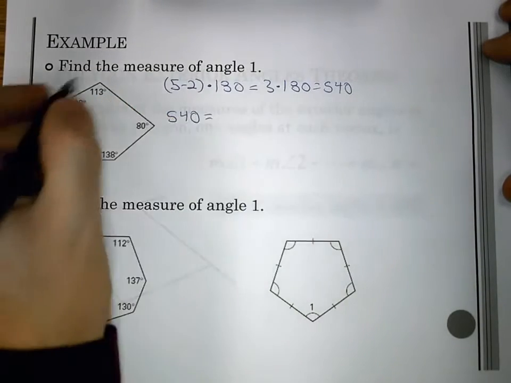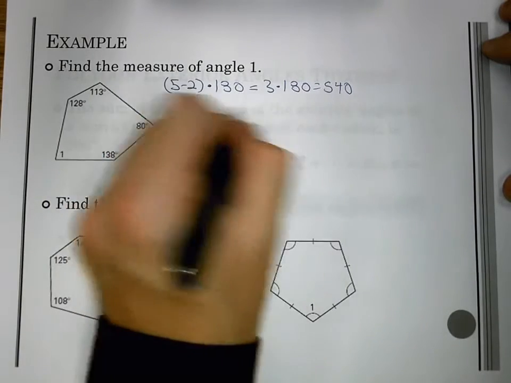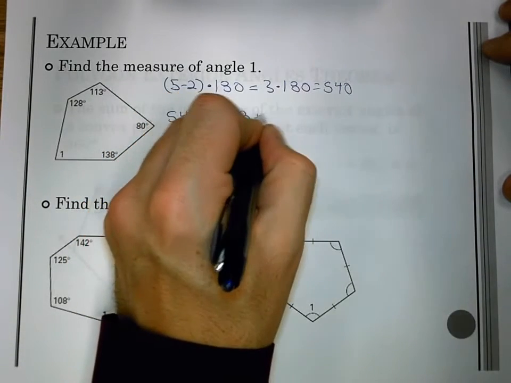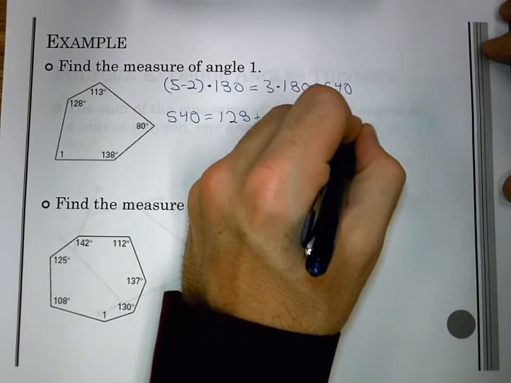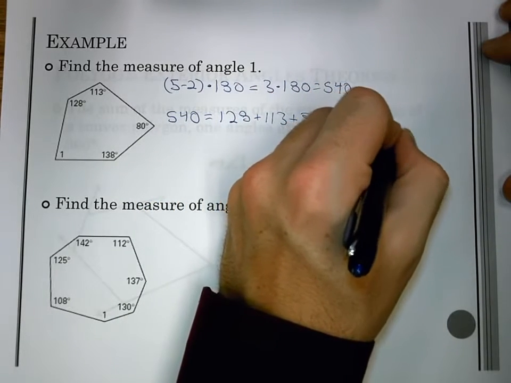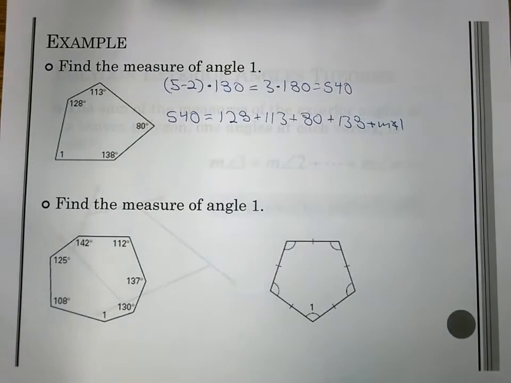So 540 equals the sum of all these together, or 128 plus 113 plus 80 plus 138 plus the measure of angle 1. So we can combine those values, 128, 113, 80, and 138, and we get,